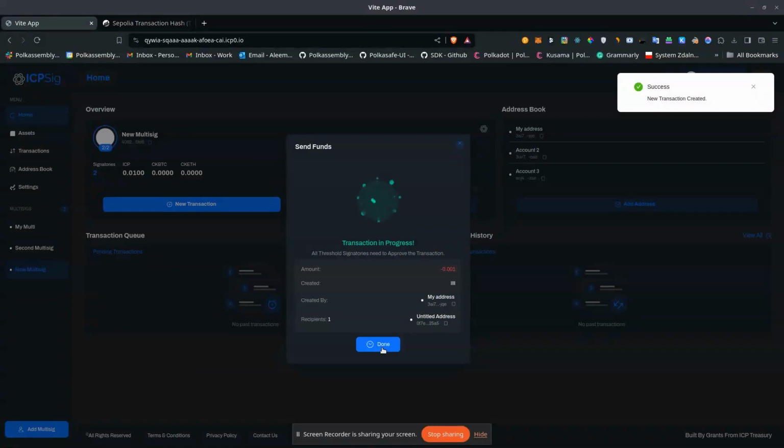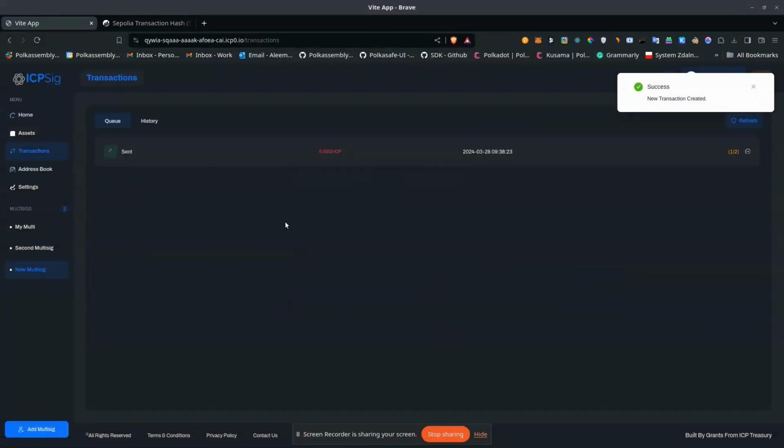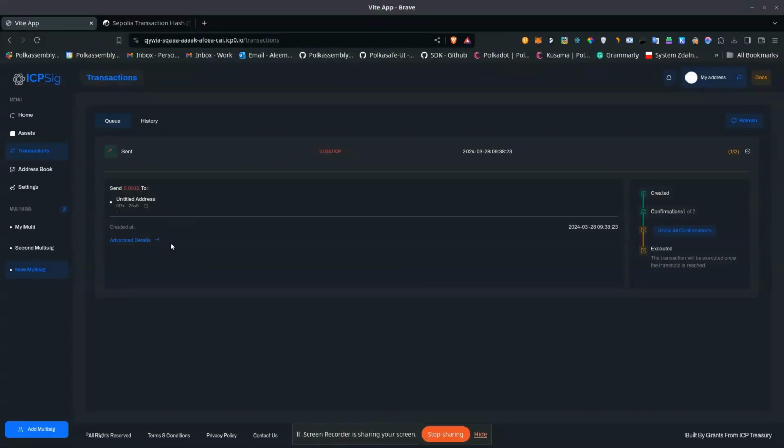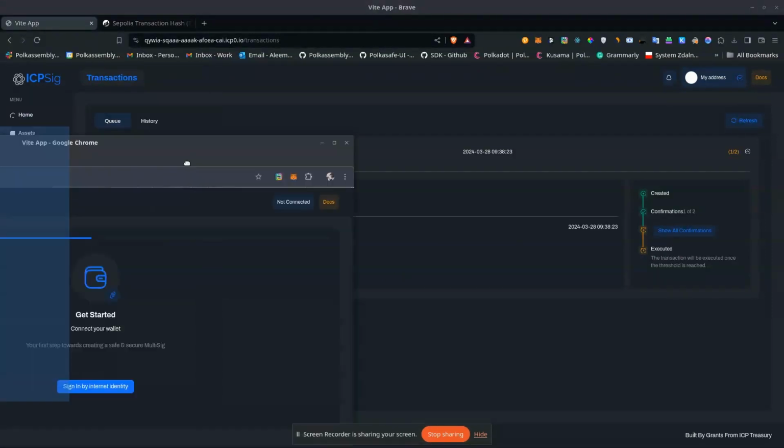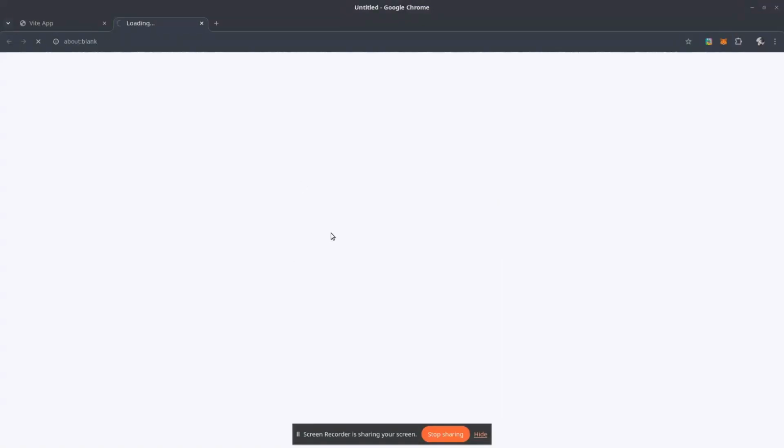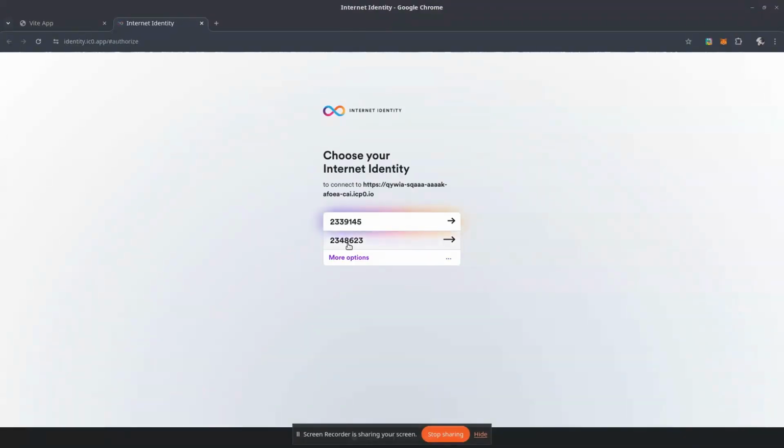It's gonna create a new transaction, and if you go to this transaction, you can see that I have now a new transaction, 0.001 from this address to this address, and this transaction hash over here. And you can see the show all confirmation button and other stuff. So let me just sign in to the other address. Let me open my Chrome. This is my Chrome, and if I go again and sign in,